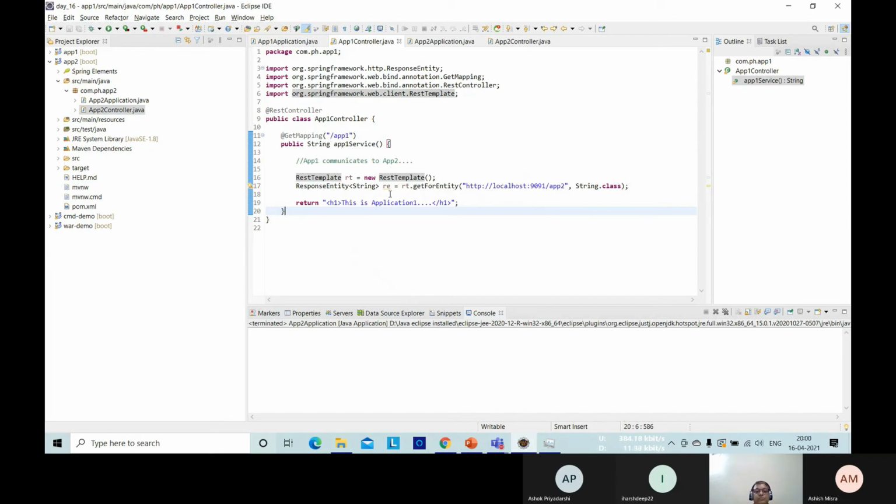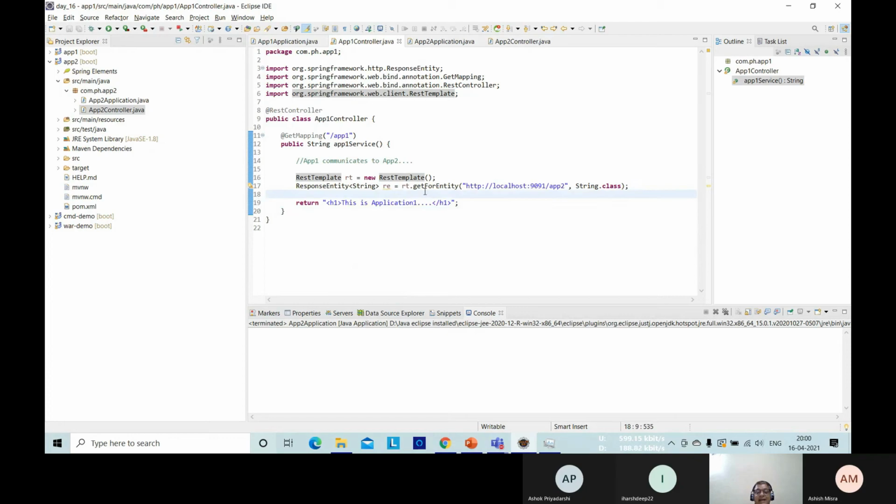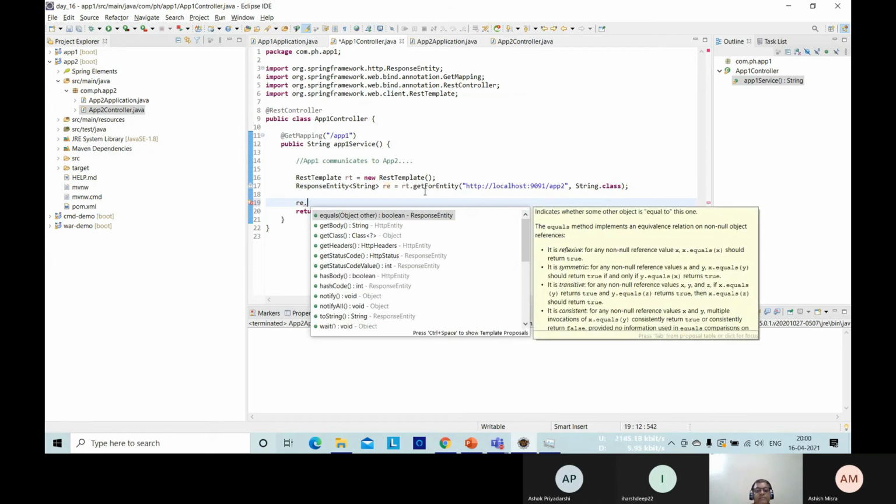Now after this, getForEntity returns the response of this class. And for getting that response, you have RE, which has a method of the ResponseEntity class, and that method is getBody.